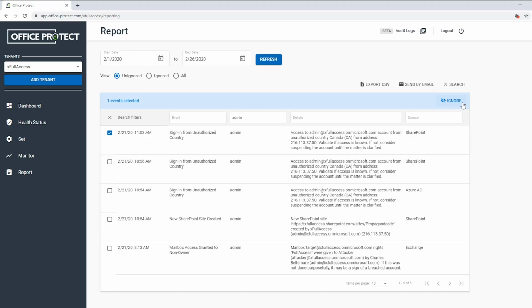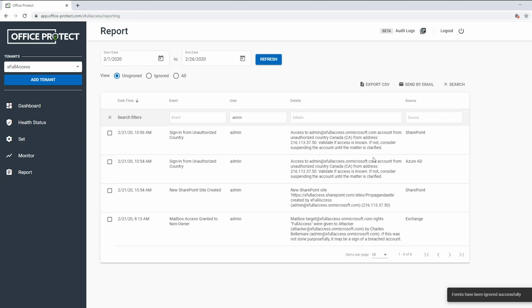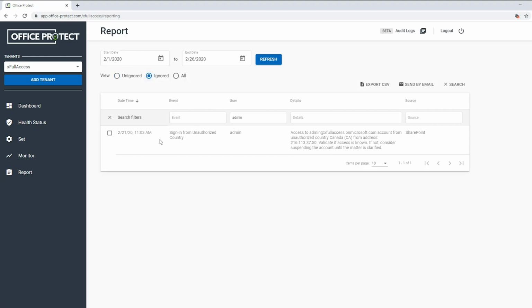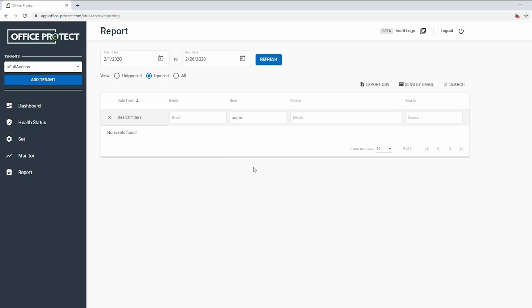of authorized country. What you do is you take the first time you receive the alert and you simply go ignore. So this specific combination of event and its configuration, so the IP address, for example, here and the user, will not trigger alerts anymore. If you want to see the events anyway, they will still be here in the report section under ignored. You can go ahead and unignore them as well for the future.